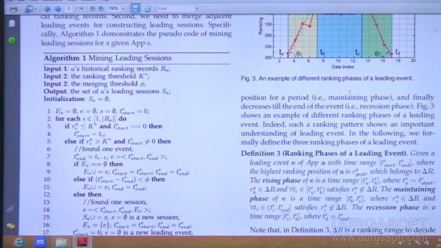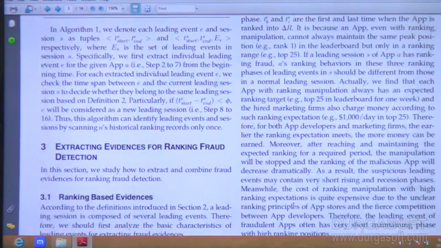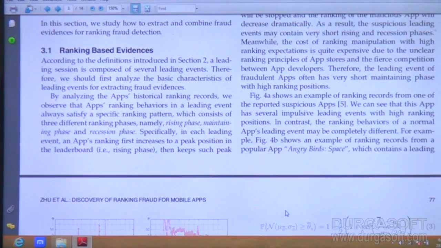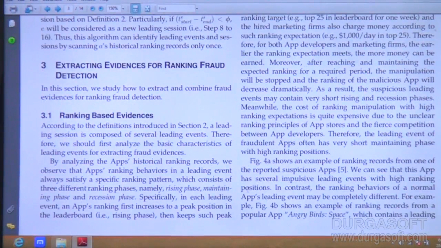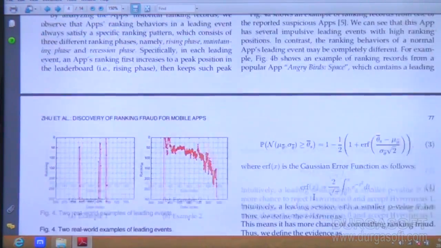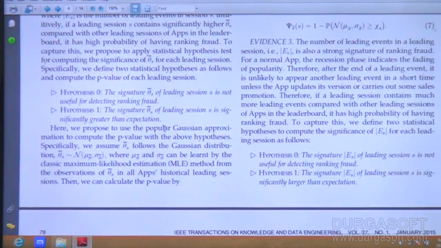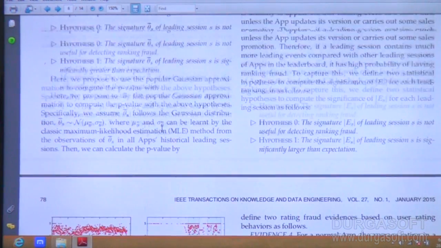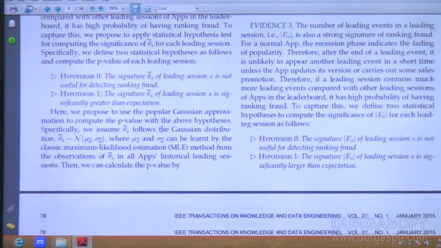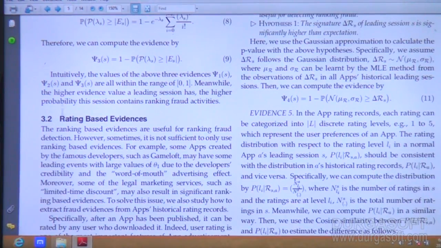These are the algorithms, mining leading sessions and mining leading ranks. We are talking about three evidences: ranking based evidence, this is the evidence formula, that is ranking, right?